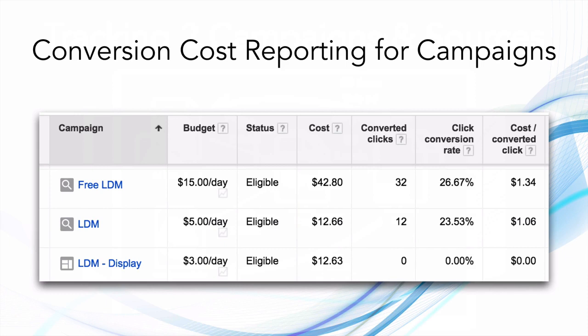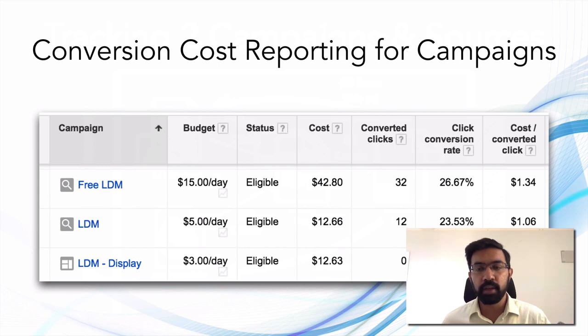But which campaign is performing better? We have to look at the conversion cost, right? So when you look at the rightmost column, cost per converted click is just $1.06 for the second campaign, but for the first campaign it is $1.34. So even though the first campaign has given us more clicks and more conversions, the cost per converted click is much higher. So here it's very obvious that the second campaign is performing better. So for the second campaign we will increase the budget and try to increase the number of leads at the least cost per converted click. It does not matter how many clicks this campaign gets, it matters what is the cost that you are paying for a converted click.